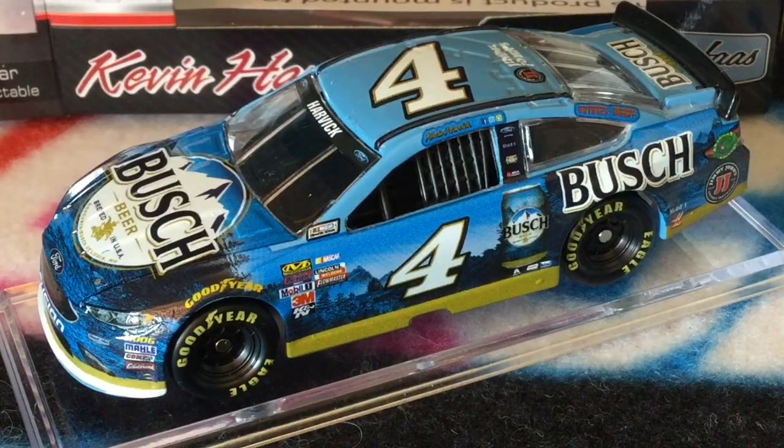So we've got Kevin Harvick's Busch Beer Ford out of its box, and this car already looks pretty bad. Some of the logos, I have to just go over this, but some of it looks bad. I was originally a fan of the PTC mold, because I felt like the spoiler was better and it just looked more like a regular car. But now it's not that good. The wheels are awful. It would be fine if you just made the wheels like every other regular car. If you would have just done that, it would have been okay. And the logos don't look awful on this car, but before,